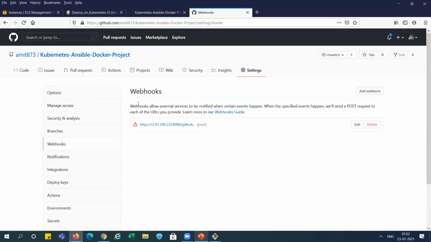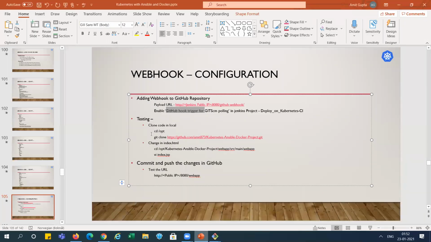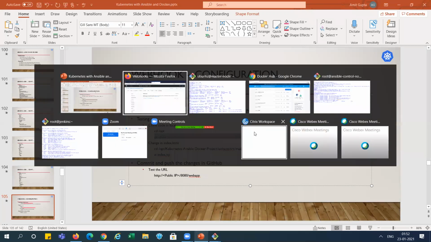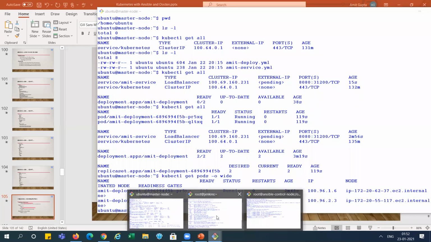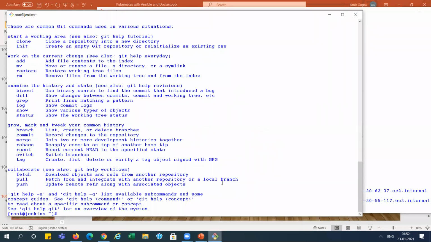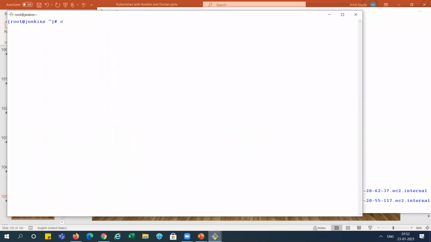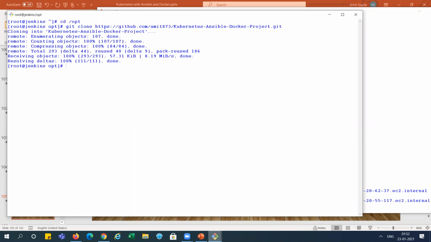Now the next step is we need to clone the repository, git clone. We can do it anywhere, but I will do it on the Jenkins system, which is the master node. This is our Jenkins system. It is cloned.